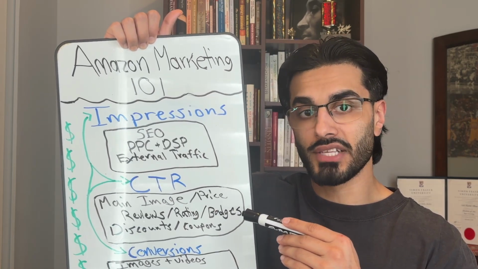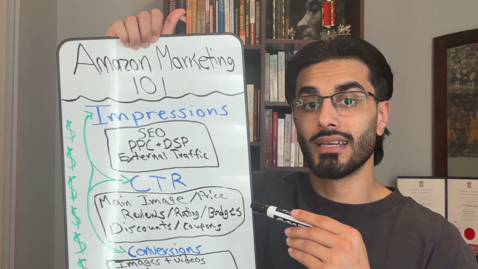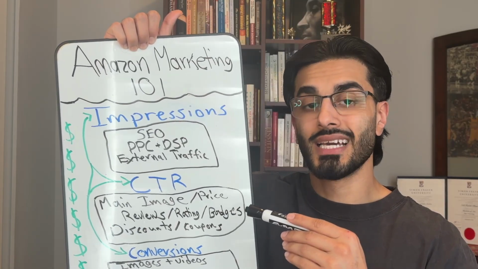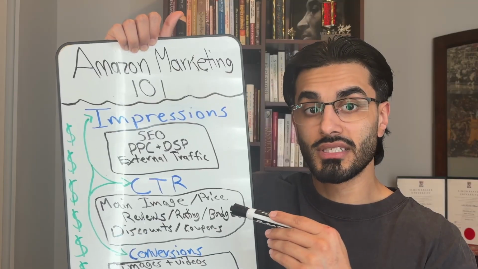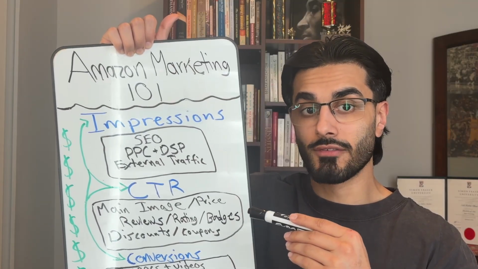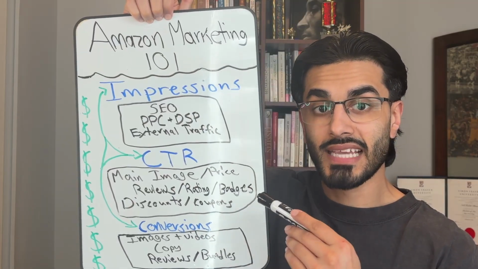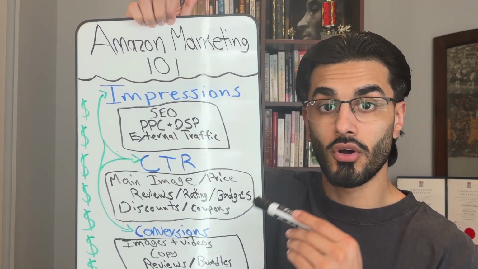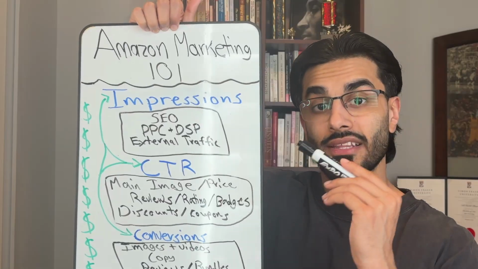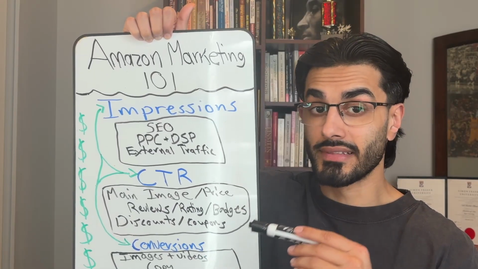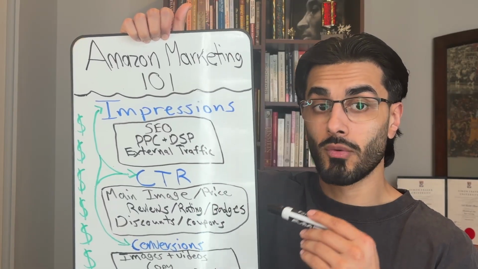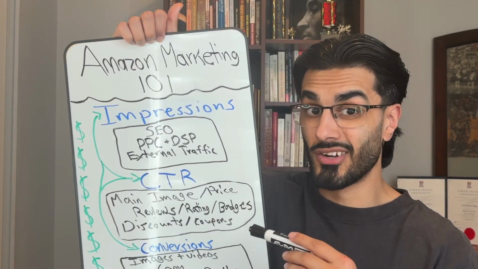Next thing is Amazon badges, right? So Amazon's Choice badge, number one bestseller badge, new release badge. These are all things to get more clicks. So these are the next things we want to double down on and see if we can achieve, because these really help us get the click instead of a competitor. And the last thing is discounts and coupons. You always want to have these on your listing to incentivize it. And the good thing is a lot of people don't even apply it, but you want to just get the click, right? So we can run a lot of discounts, Subscribe and Save, 10% off, anything to get them to